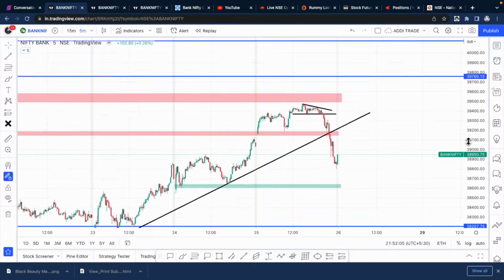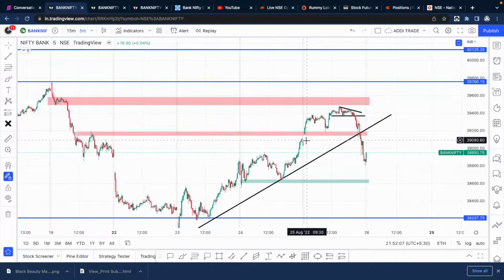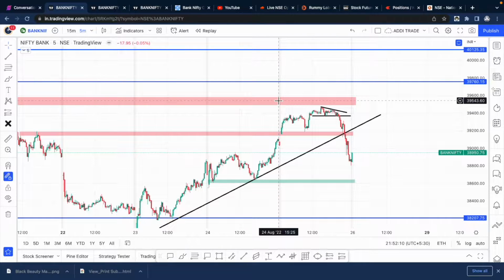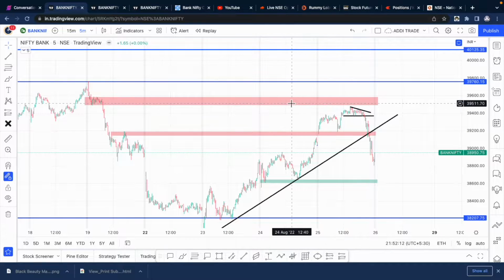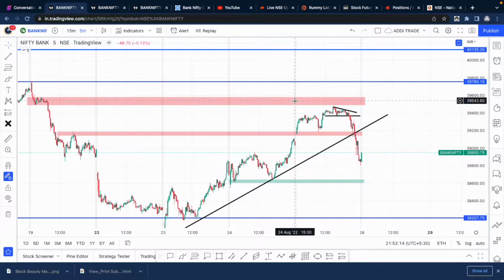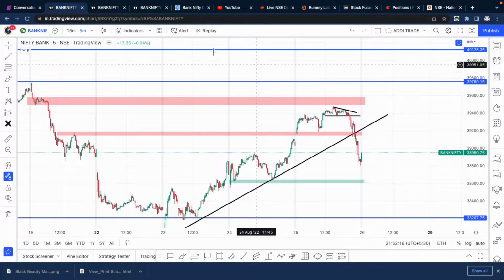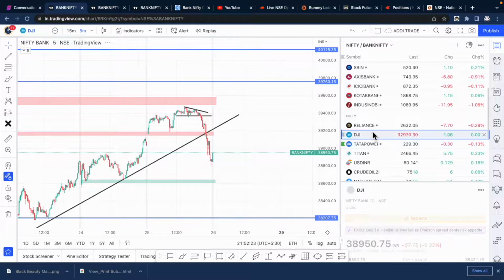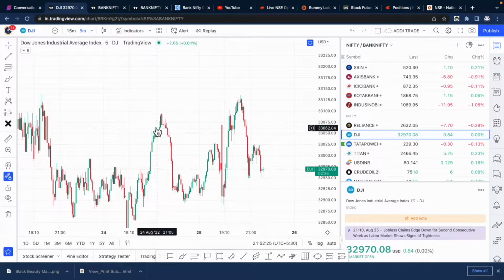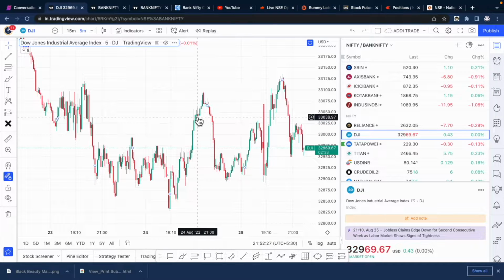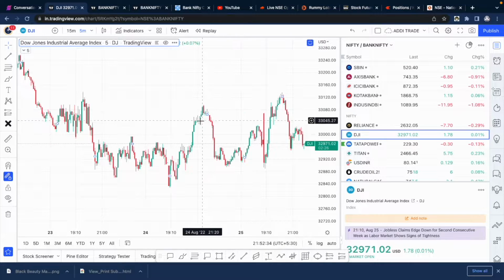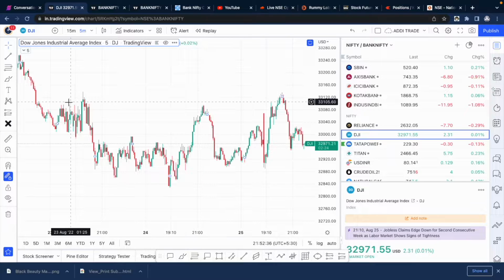See, our plan yesterday was this, right? These were the levels that we had, that we said if we get a huge gap up, probably the next resistance we'll see is at this level. If we were expecting based on the US futures, right? See, yesterday, if you see my video, the US futures was like this. This is yesterday's move, the 24th. When I was making the video at about 10 o'clock our time, this was the move. So I kind of expected that if this move continues, we might get an even huge gap up.